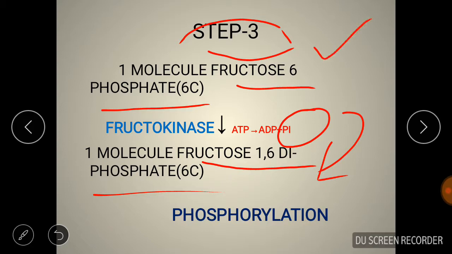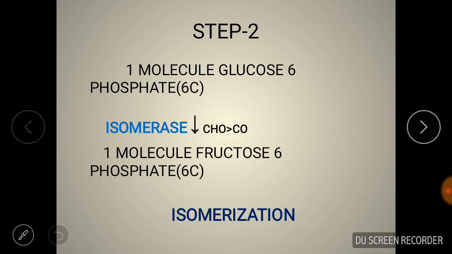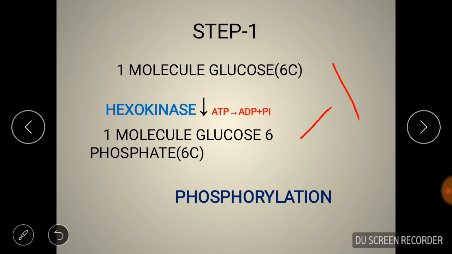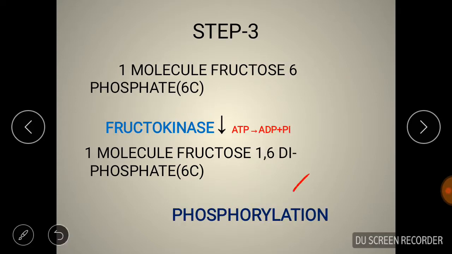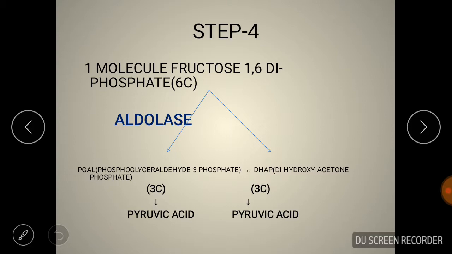So in step 1 and step 3 we have ATP utilization states, meaning phosphorylation states. The cytoplasm has already given 1 ATP, that is -1. In step 3 it has given 1 more ATP, -1. So ultimately we have got 2 minus. Now step 4. In step 4, the fructose 1,6-diphosphate, which is a 6 carbon compound, breaks into 2 compounds,